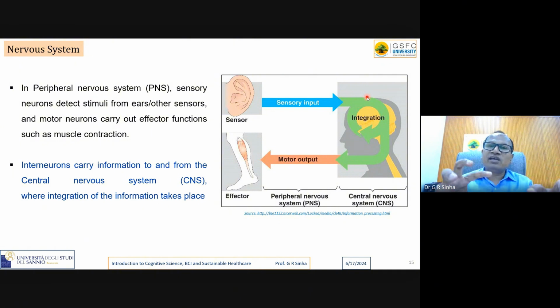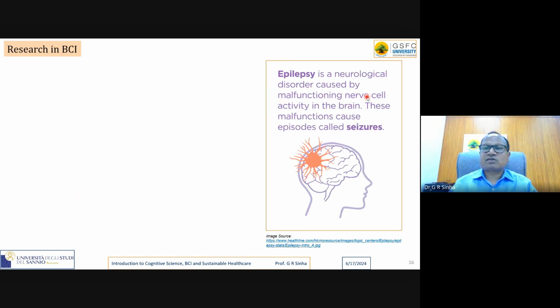So does brain computing take place inside your brain? The answer is yes. But how do we mimic the human brain in the computer? Using artificial neural networks, AI, ML models. And how do we do it? We mimic the human brain with the help of computational models and mathematical algorithms. And when it comes to brain computer interface, those mathematical models are used to interpret the brain signals and generate the appropriate commands. So that is about the nervous system.